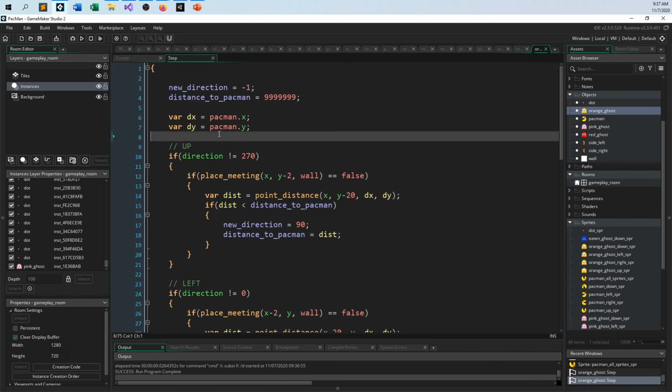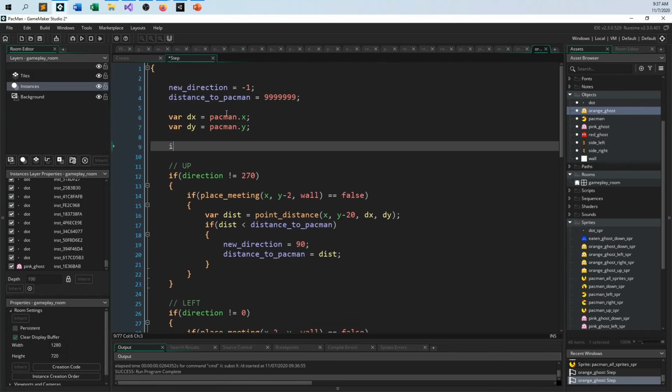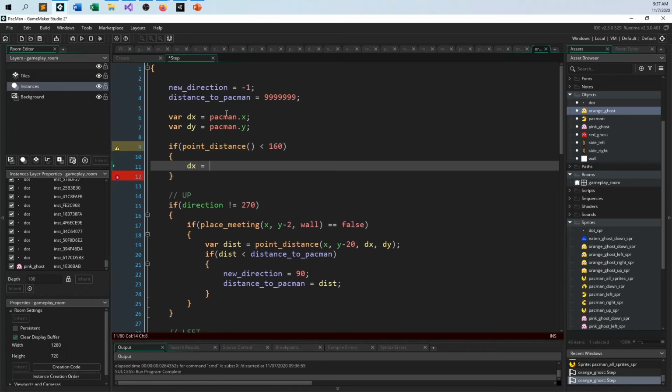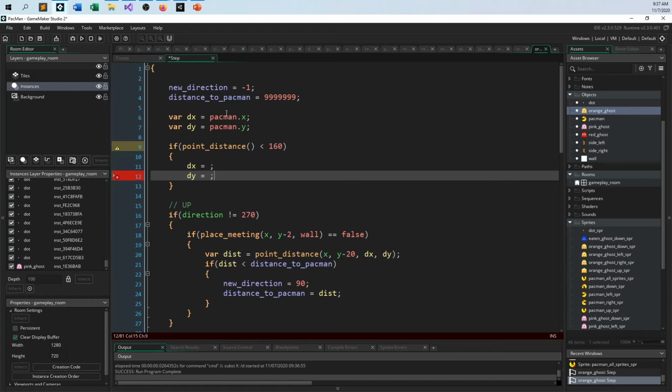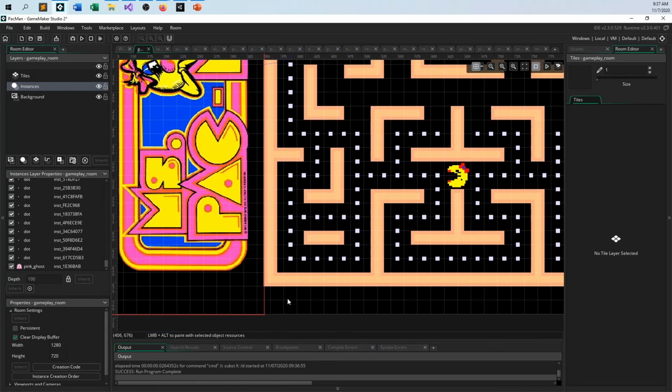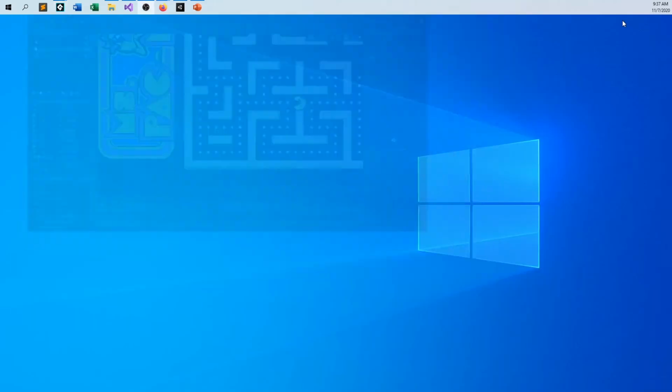So then all I need left here is to say if, let's see, point distance. What's the distance between 2 points? And if it's less than 160 pixels, we'll fill in that gap in a second, then my dx value is going to be something, my dy value is going to be something. I just have to look at my game and see that the ghost goes down to this position down here. So something like this, let's say